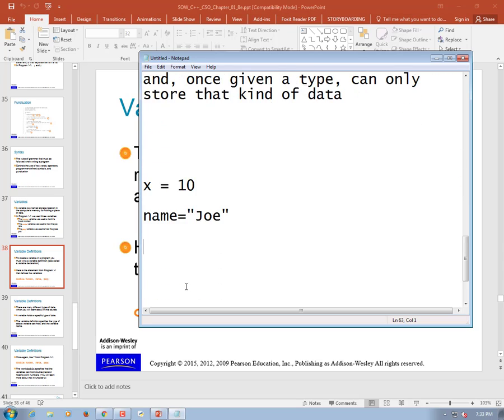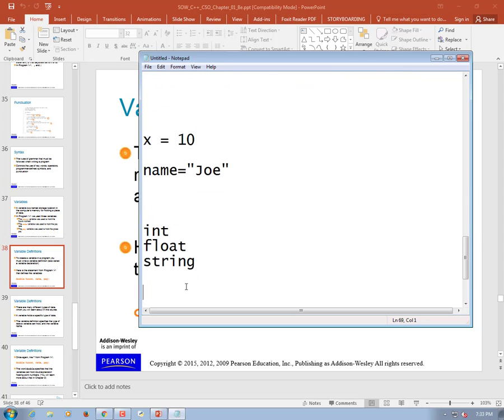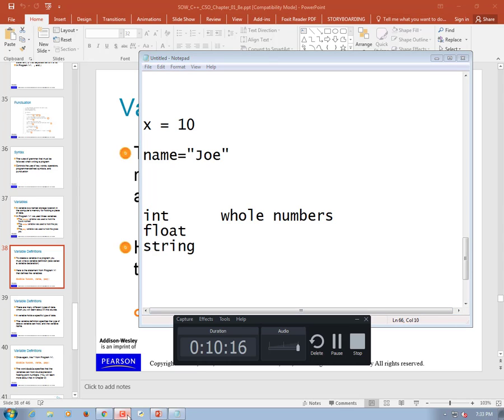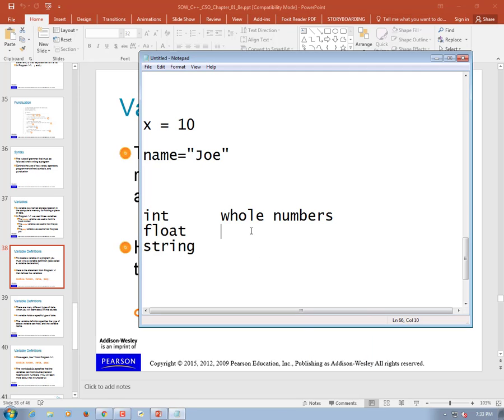So broadly speaking, three categories of data: ints, floats, and strings. Ints are whole numbers, and I know this is a review. Okay. So ints are whole numbers. Floats are numbers that have decimal points. And then strings are sequences of letters